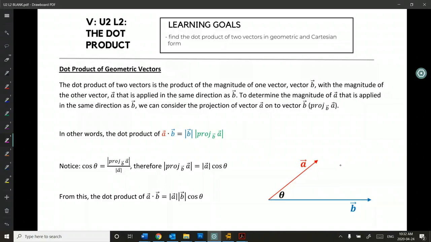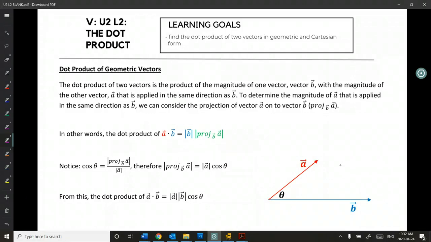So when we think back to the knowledge that we have of geometric vectors, we did some operations with those vectors, like addition and subtraction, and we did do a multiplication, but this was simply a multiplication with a scalar and a vector. So we weren't really multiplying two vectors together. Now, we still don't technically do a straight multiplication of vectors, but there are some